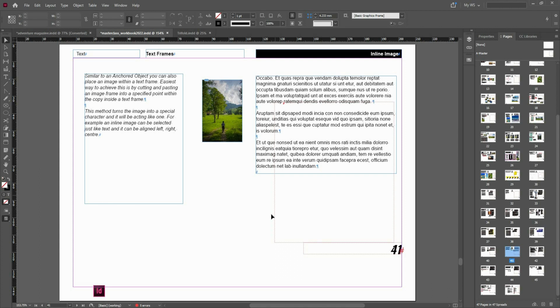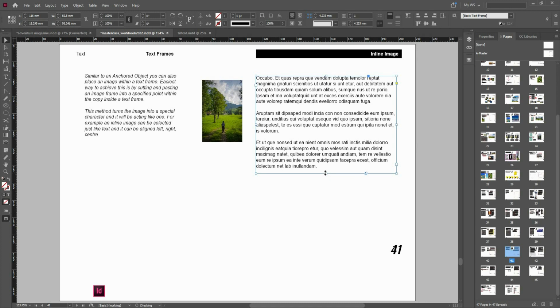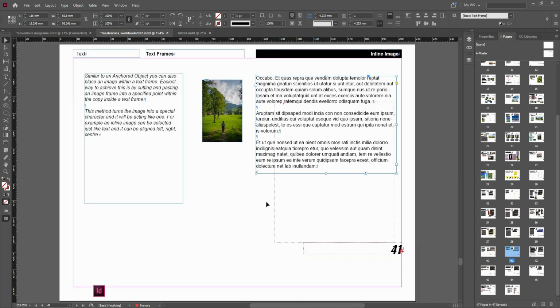I'll be able to see the dashed line around the frame that I created and the frame that is coming from the master. So this is the master element which I currently could not select, and let me just move this frame. Press W, double click. Okay. Now I cannot select this